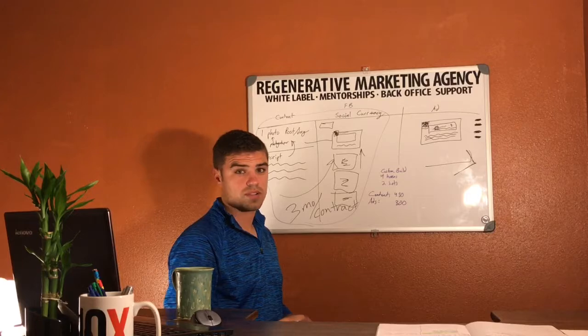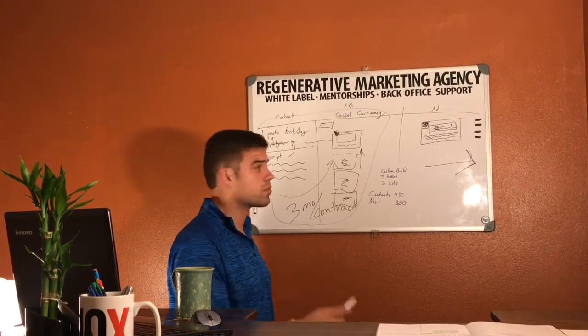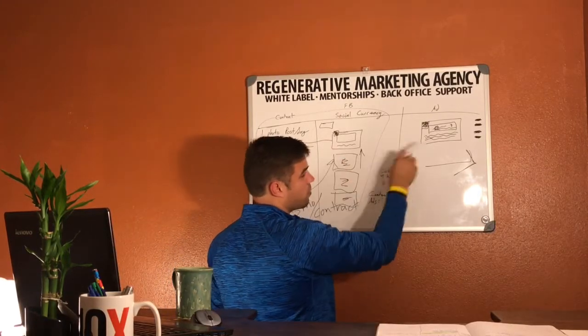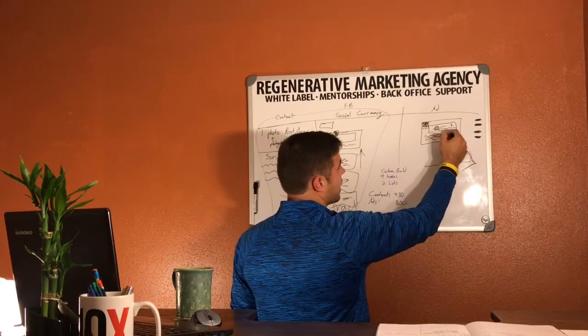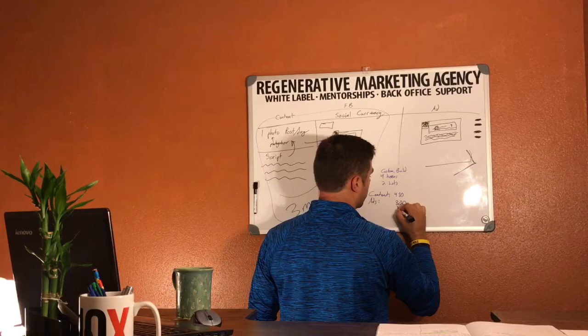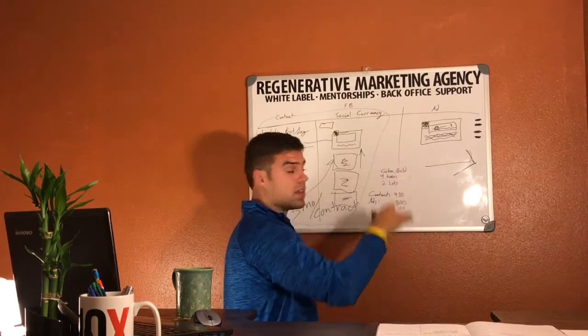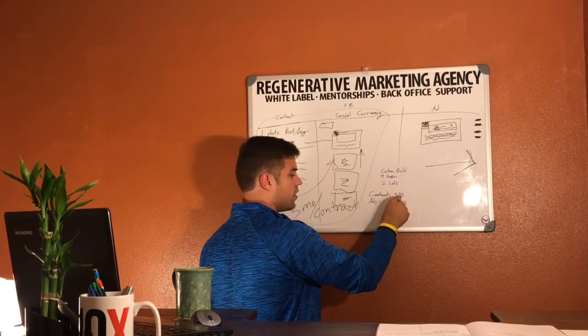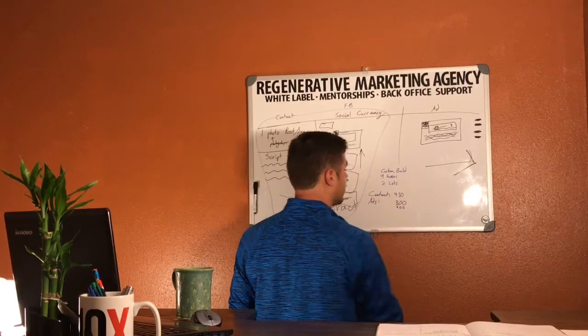Now we got 4 houses that we're going to sell, and so we're going to say we're always going to have 2 houses up for sale. We're not going to need the social currency part, but we are going to need to come up with the content for the ad and drive it to people looking to buy homes in that range, right? So that's another 300 for each campaign there, because you got to follow each campaign. So really, that's times 2. So that's going to be 600, right?